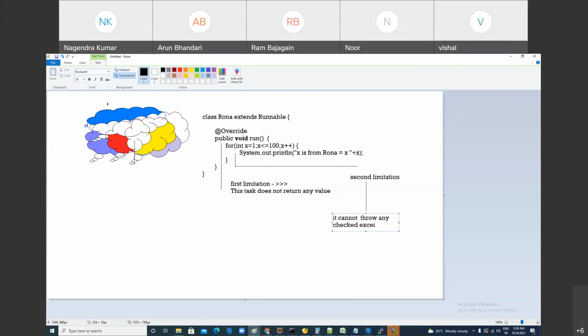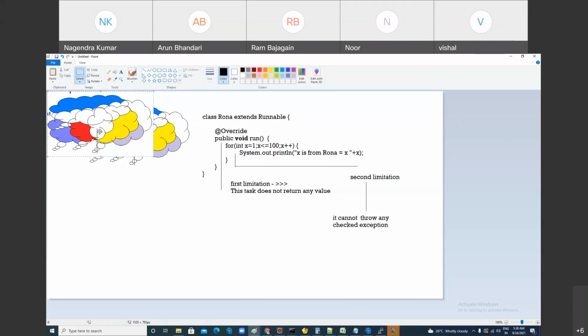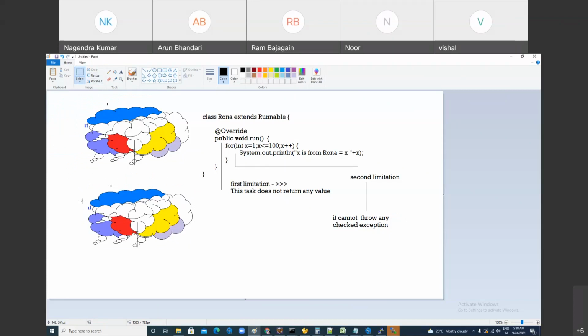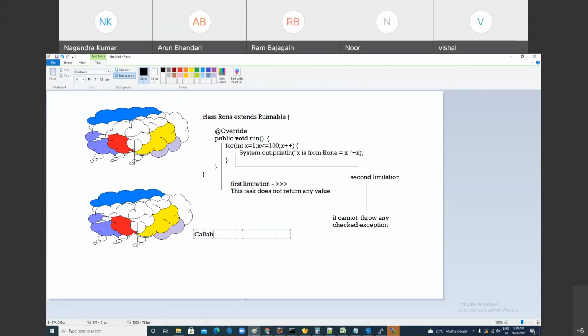These two limitations you have, and both you can overcome with the help of another interface which was introduced in Java 5, which is called Callable. What is the beauty of the Callable interface over Runnable? Ram, Callable is introduced in Java